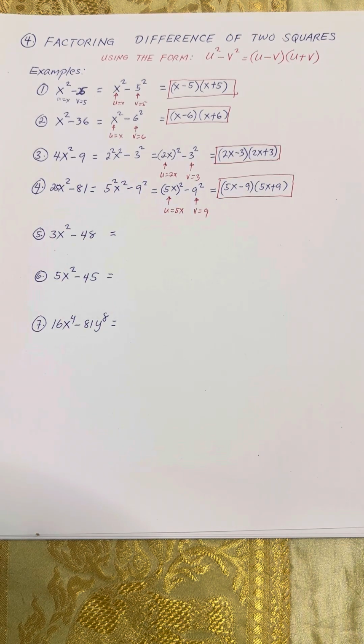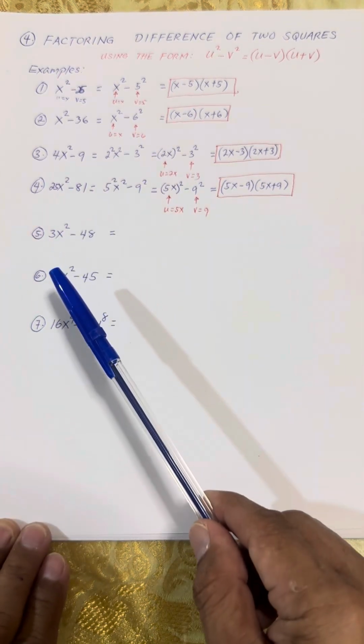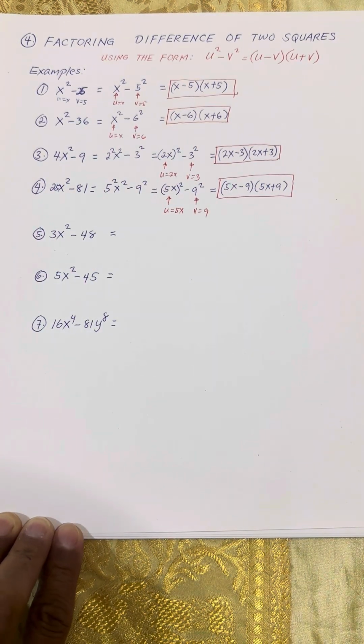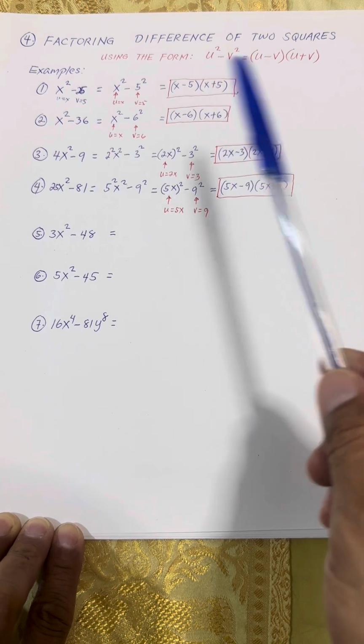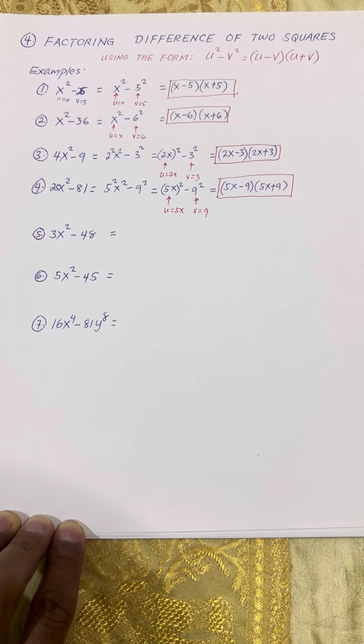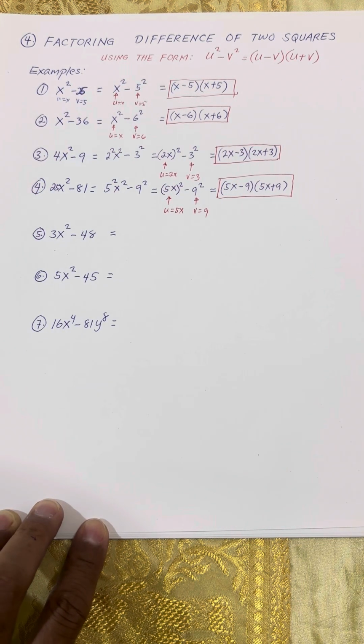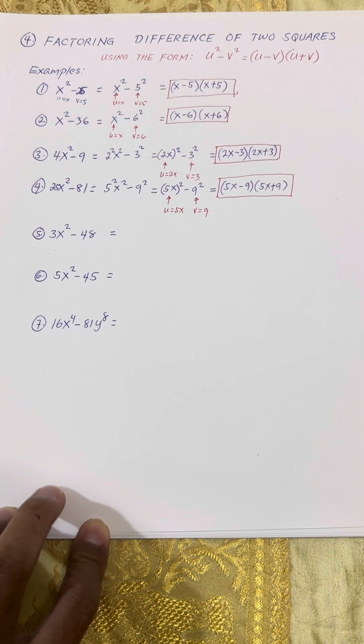And you have to analyze the given expression. Okay, for example, number 5, we're given 3x squared minus 48. So can we apply this immediately? We cannot. Alright, so first we need to apply the very first method of factoring, that is factoring the GCF. In finding the GCF, we have the common monomial factor or common binomial factor, but this one is finding the common monomial factor, before we can proceed with method number 4.